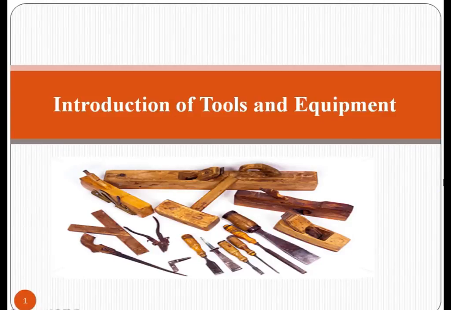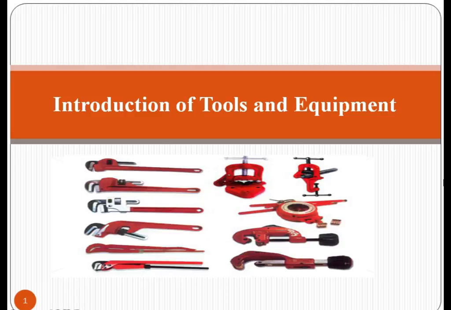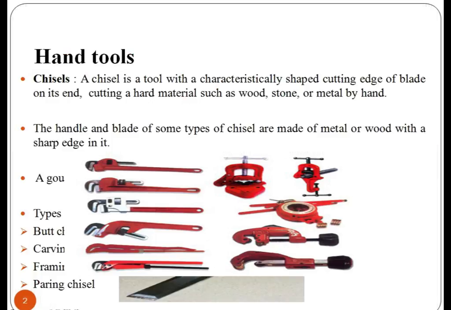Introduction of tools and equipment. A tool is a physical item that can be used to achieve a goal, especially if the item is not consumed in the process. Tools that are used in particular fields or activities may have different designations such as instrument, utensil, or machine. The set of tools needed to achieve a goal is equipment.